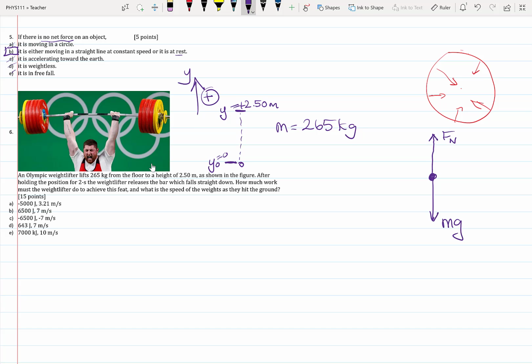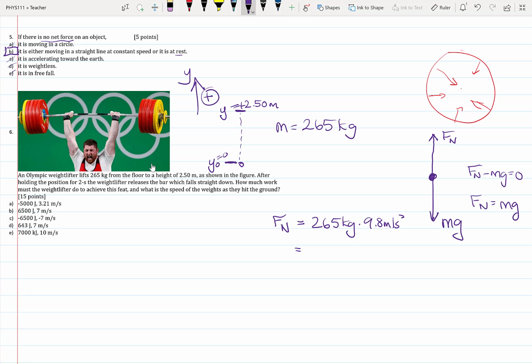If we assume that the weightlifter managed to push this bar up at a constant v, then the normal force minus the gravitational force equals 0, or the normal force is just equal to mg. So the normal force that the weightlifter has to apply to the bar is 265 kilograms times 9.8 meters per second squared, which works out to be,